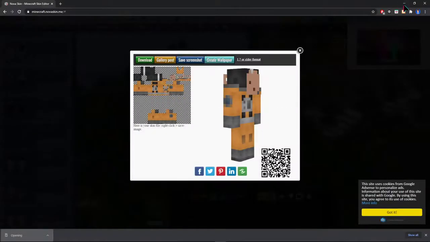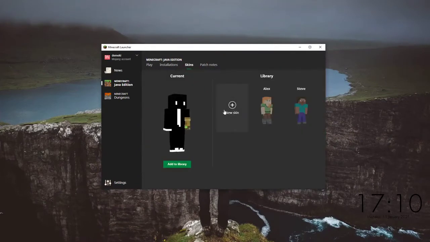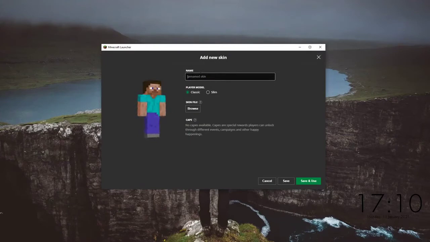But how to put it here on your Minecraft skin? Just click here on skins and click on new skin. Now name it how you want it. Let's say I'm noob, like this. And you can actually make it a classic one, or the slim, I mean the Alex